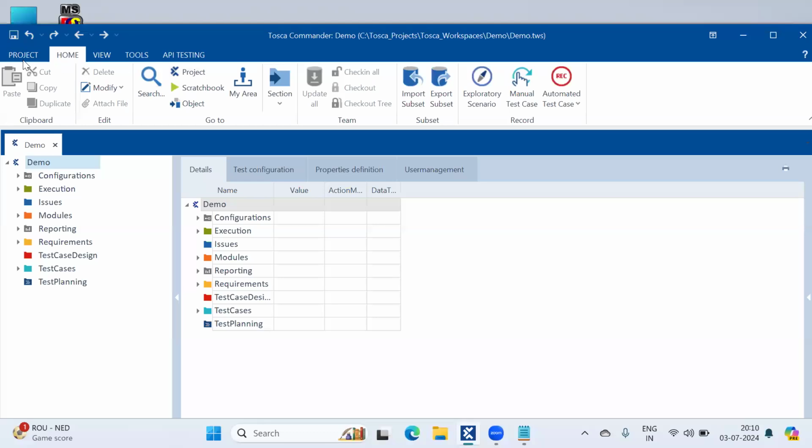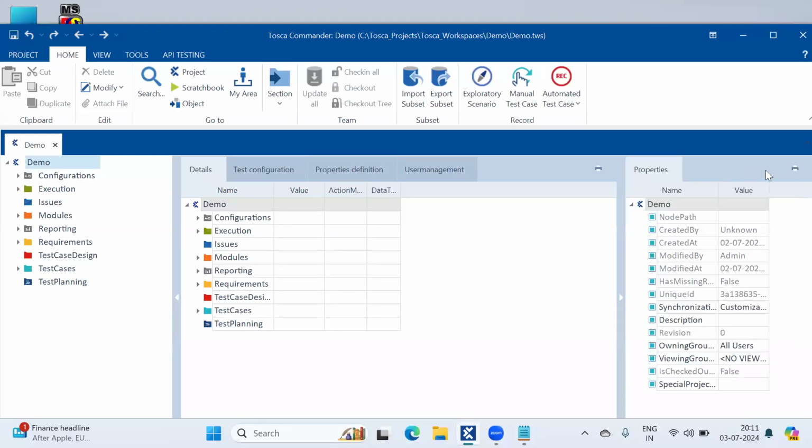This project, home, view, tools, API testing, these are called the menu bar. Here we have clipboard, edit, go to, these sections present in this line, these are all called the ribbons. This is called the detailed view.